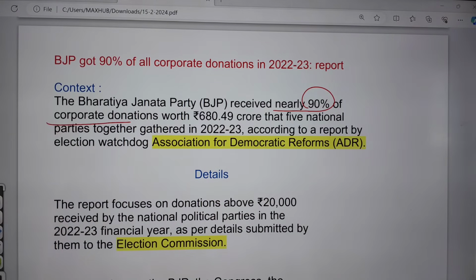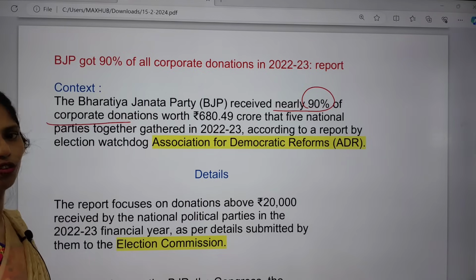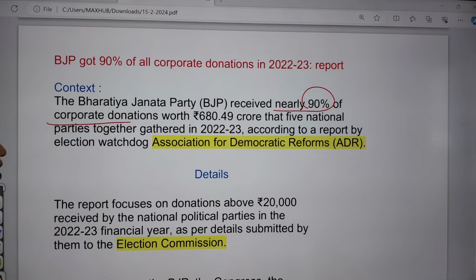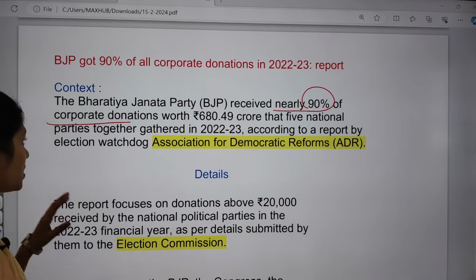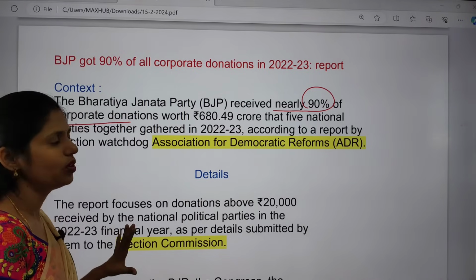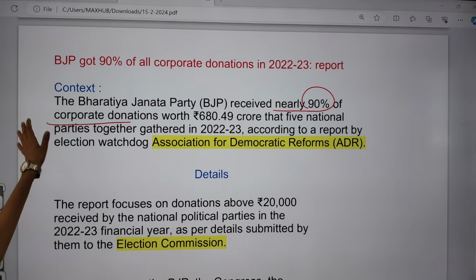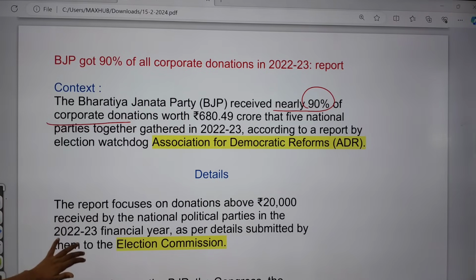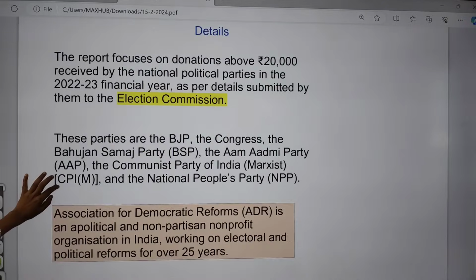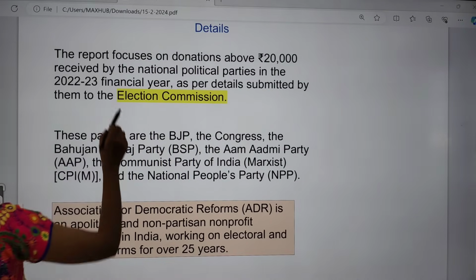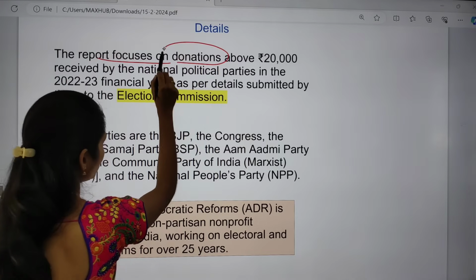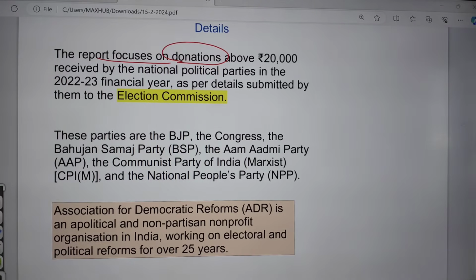And what is the worth? It is around rupees 680.49 crores that the 5 national parties together gathered. The other 5 national parties together gathered that much money, but the single Bharatiya Janata Party received around 90% of corporate donations. This is the data given by the Association for Democratic Reforms. The report focuses on donations above 20,000 rupees which are received